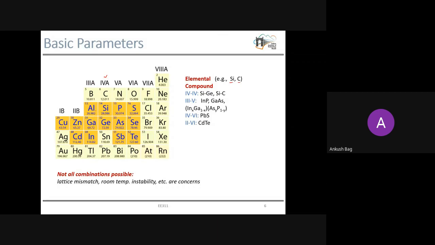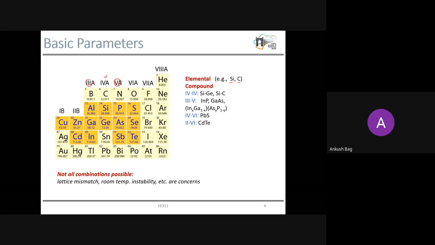Now as I mentioned in the last class, there are semiconductors which are made of 2 different materials or 2 different types of atoms. So what are they? If you mix a group 3 material with a group 5 material, your overall objective is to complete 8 outermost electrons for a particular atom. Aluminum has 3 outermost electrons, and phosphorus has 5 outermost electrons, so again it will satisfy that 8 electron requirement. So these are called group 3-5 materials.